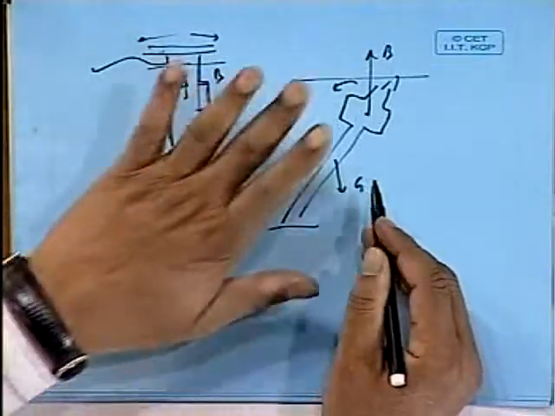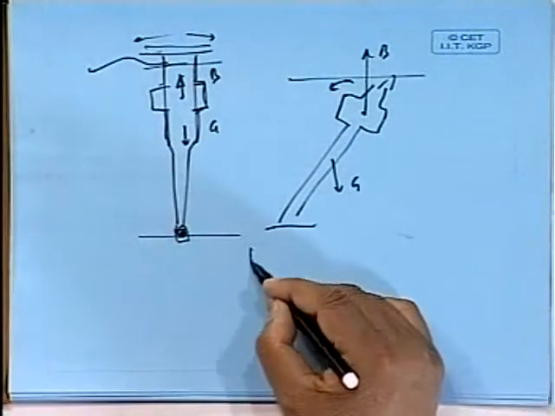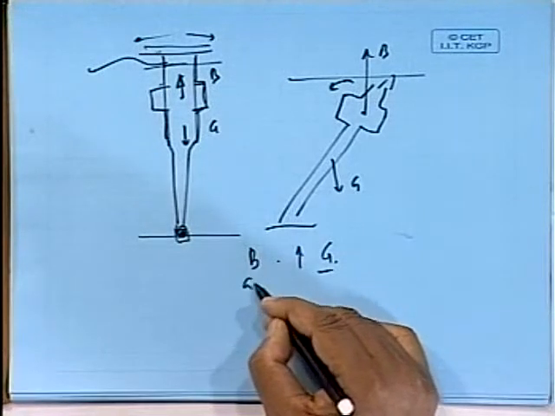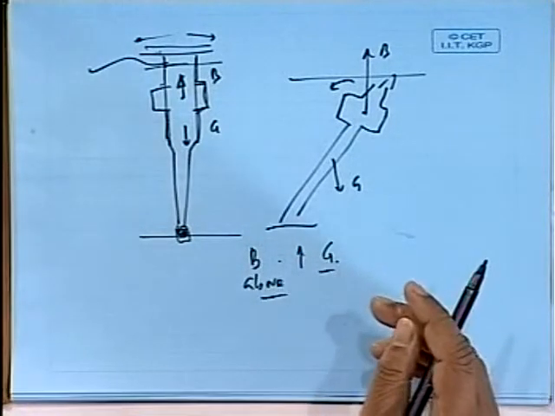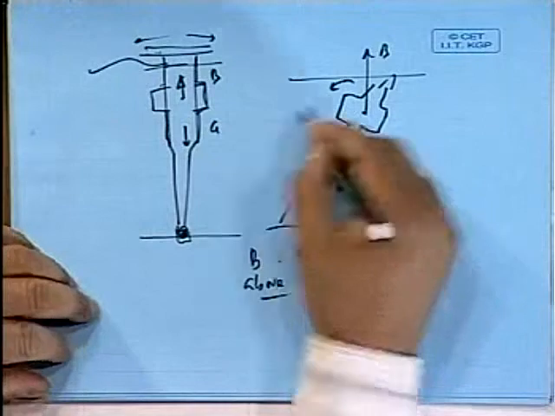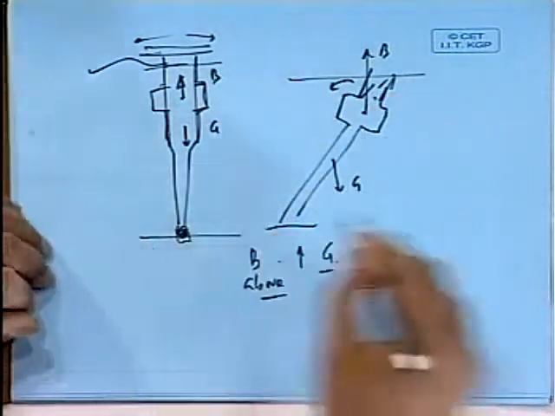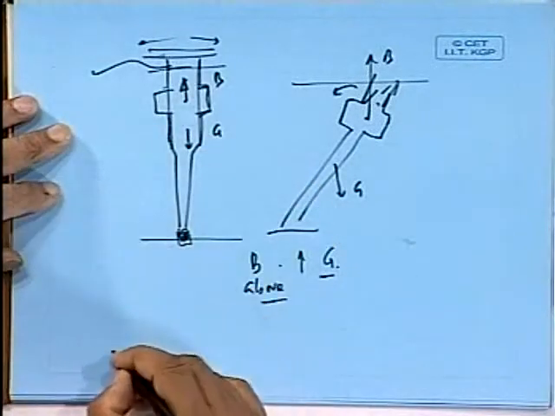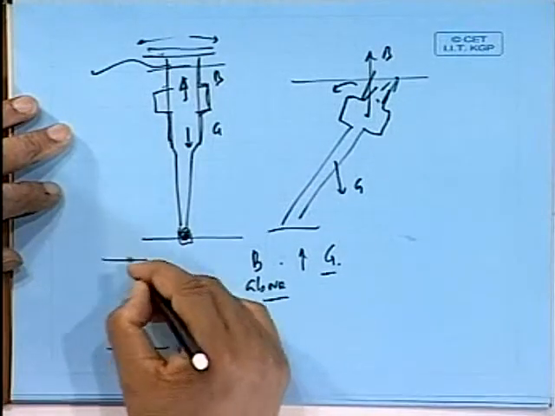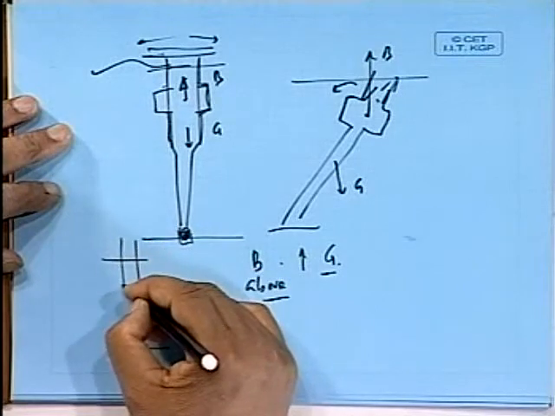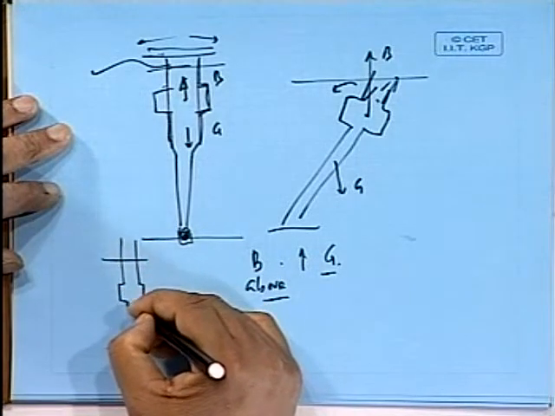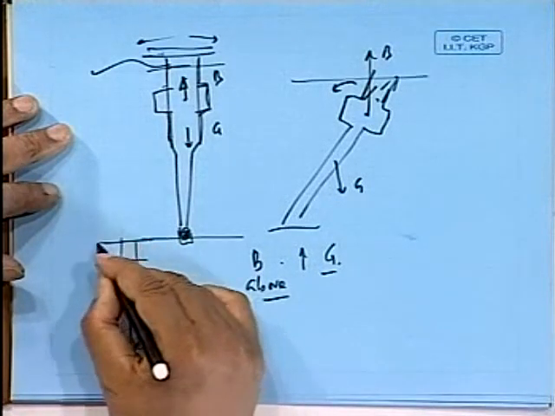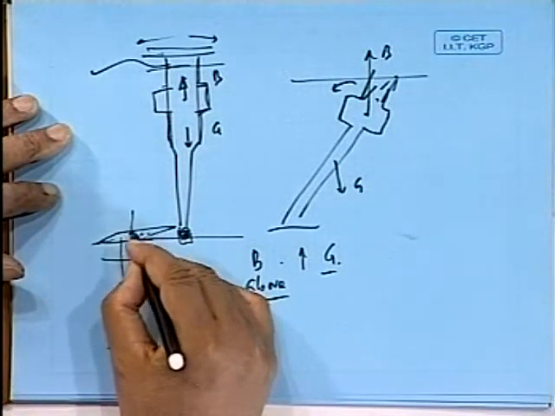Why? It is like a submerged vehicle. You want to make sure B is above G. See, B must be above G. This is also one of the production platforms offshore. See, actually it is not a correct diagram. The diagram will look something like an articulated tower. There will be some structures there, and ultimately a hinge here, and there will be a production platform with all this here.